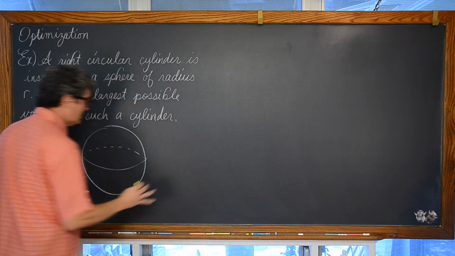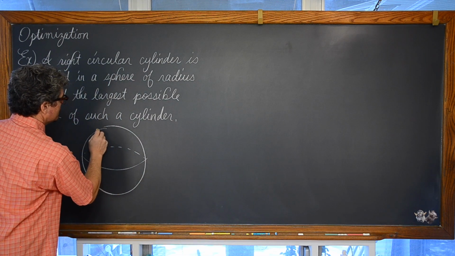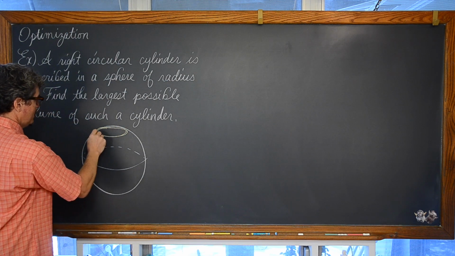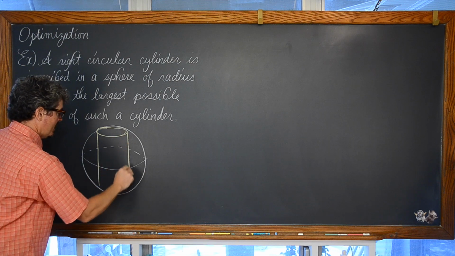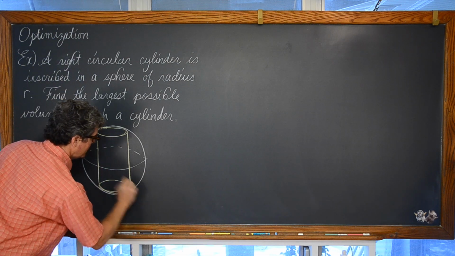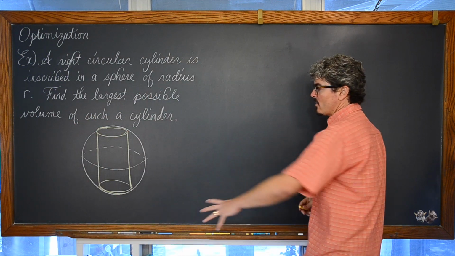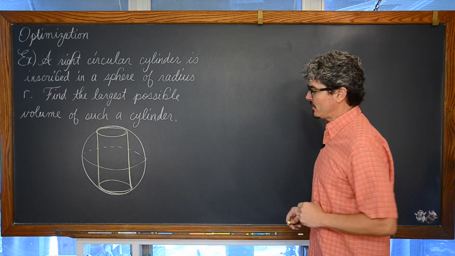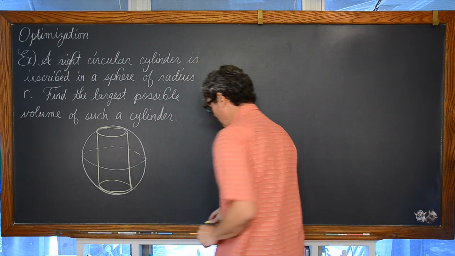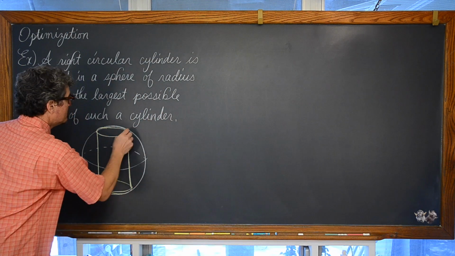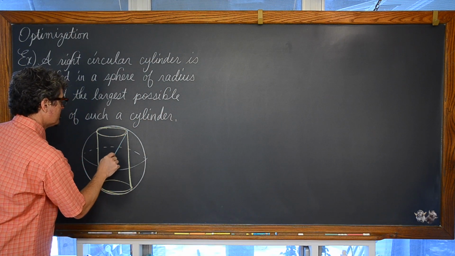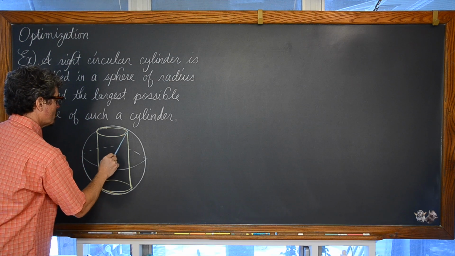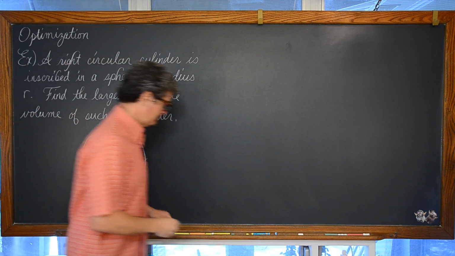Inside that sphere we have an inscribed cylinder. Hopefully you can tell the difference between the white and the yellow, despite a slightly sloppy drawing. Now we're going to find the maximum volume that this inscribed cylinder can have inside a sphere whose radius is not fixed per se, like we don't know it's equal to 5, but it does have some constant value.